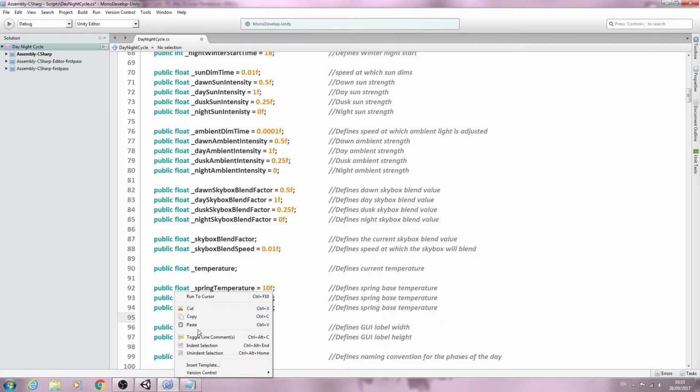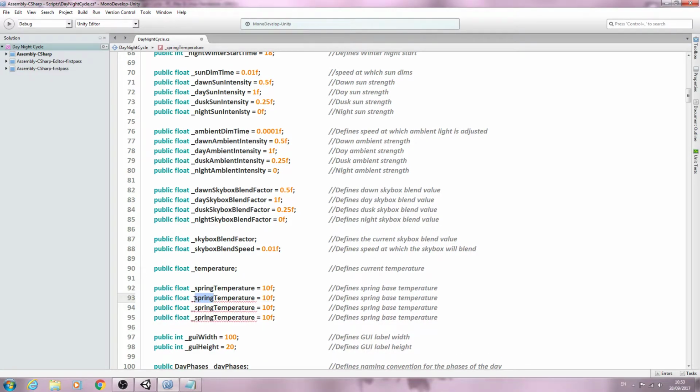So let's make things easy for ourselves. We'll copy that line, we'll paste it in 3 times, and we'll go ahead and we'll switch it out to summer temperature. We'll give this value of 20, and as always we'll go ahead and we'll tidy up and alter the comments as necessary. So the next one for autumn temperature, I'm going to leave that at 10, the same as spring, and let's just change the comment there. And finally for winter,